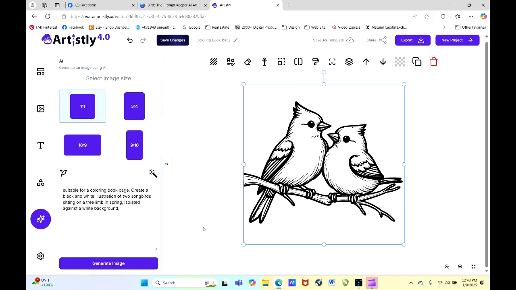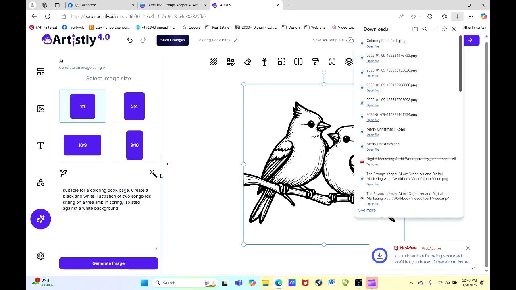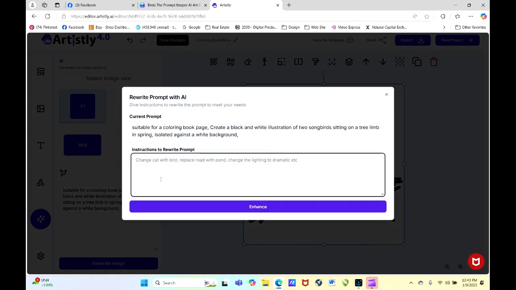Let's see how else we can tweak it. I'm going to go ahead and download. Nope, don't want to do that. I want to export that one. Okay. But we're going to take now the edit the prompt, and again, it did give us a coloring book page. If we put suitable for a coloring book page at the front, it changed that image. But we want it to be